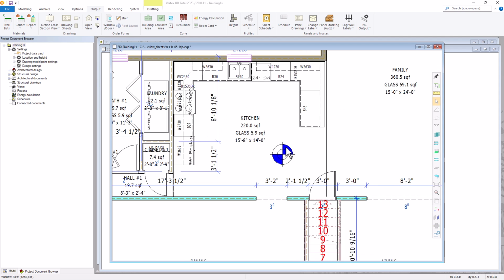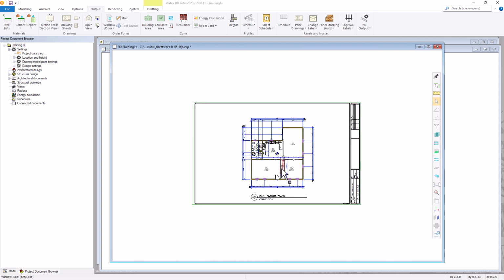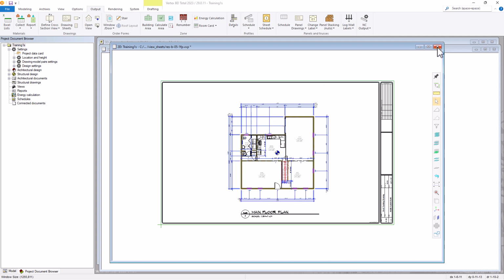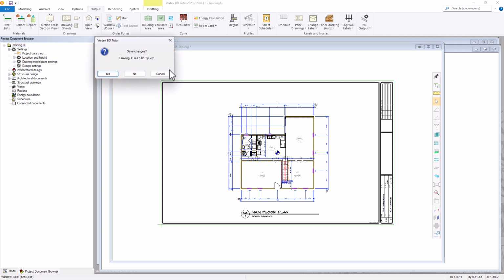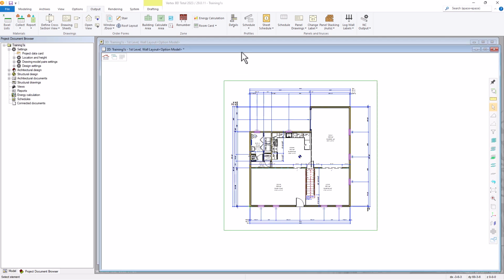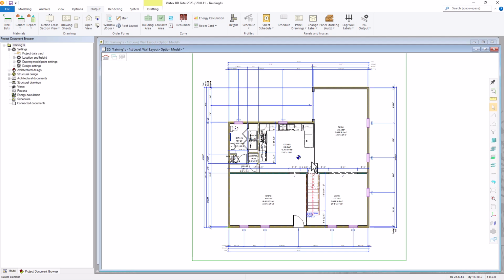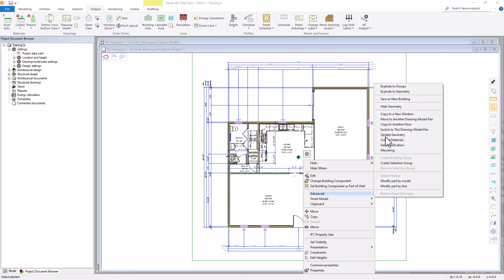And you'll see that 2 alignment markers, one's a little bit larger than the other. They are centered one over the other. Let's exit out. And sure, go ahead and hit Save. So we'll hit Yes to save that. Now you can copy this alignment marker to other levels. So if we want to select that alignment marker, right click, go to Advanced, copy to another floor,